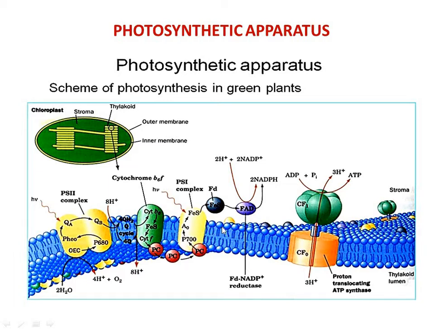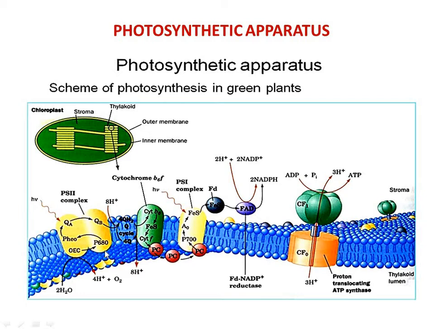The phospholipid bilayer is very similar to the ultrastructure of the plasma membrane. This bilayer is made up of phospholipids, and each phospholipid has a head as well as a tail. The head is hydrophilic and the tail is hydrophobic. The phospholipid bilayer consists of a number of photosynthetic pigments and electron carriers, which are found in the form of intrinsic proteins.